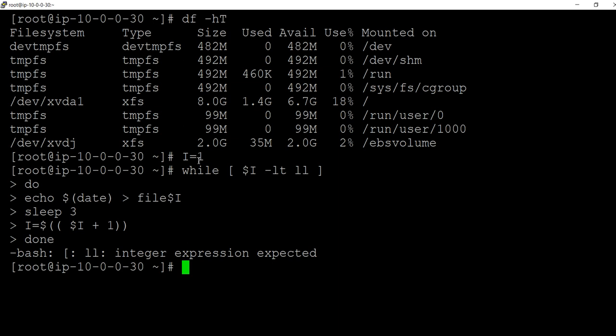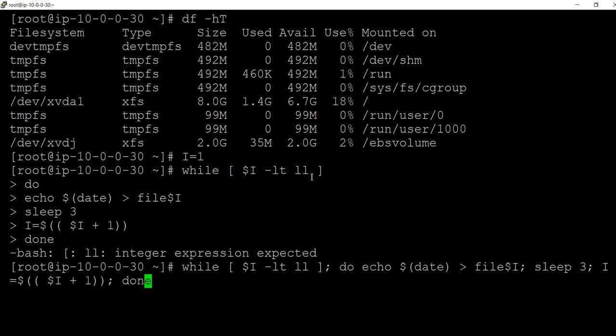Integer expression expected. What is this here? Okay, in this place I gave L earlier; I need to give an integer.